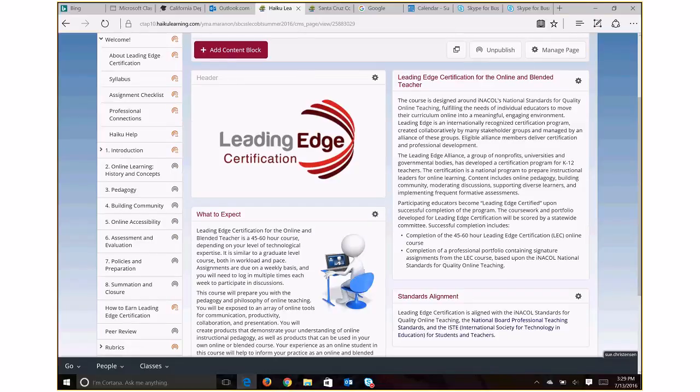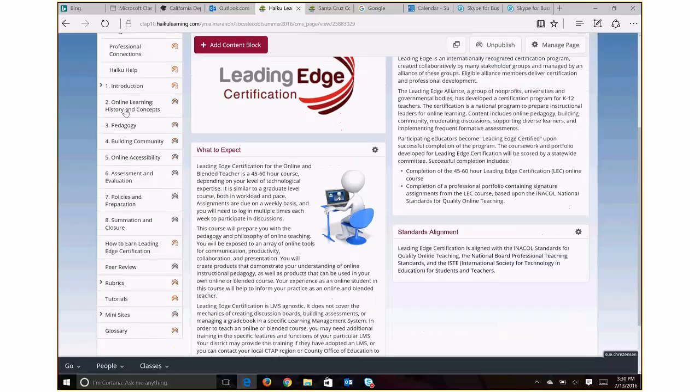And so you may be interested in taking one of the others, which are for administrator, professional learning leader, which is basically for coaches, instructional coaches, or for the digital educator. So if you're interested in those, just go to www.leadingedgecertification.org, check their calendar, and you could see what offerings are there that you could sign up for.